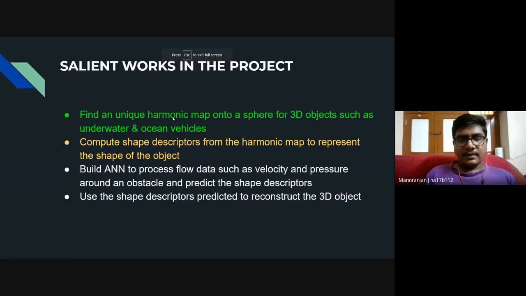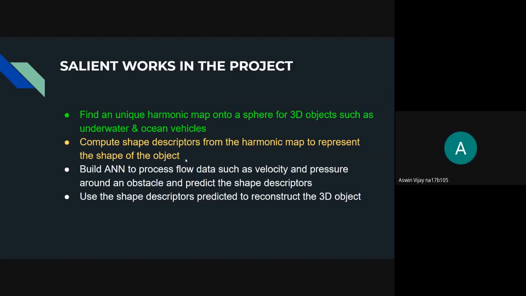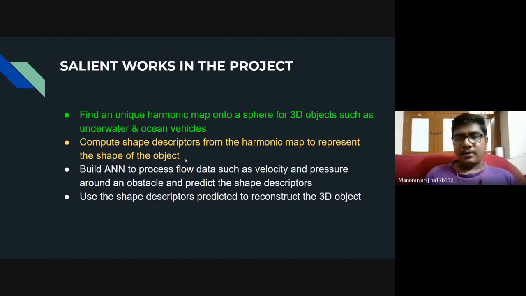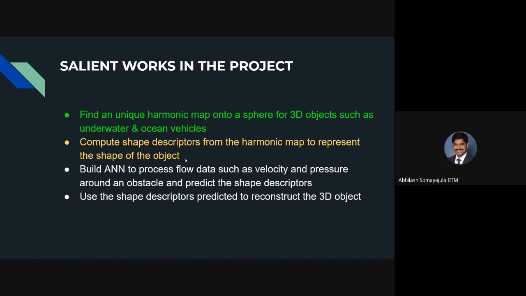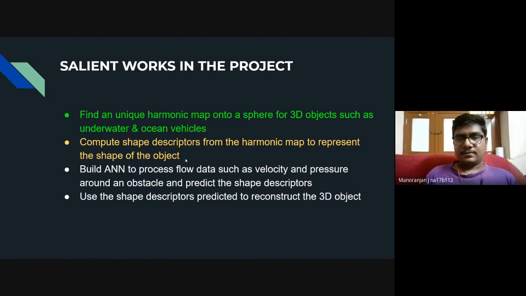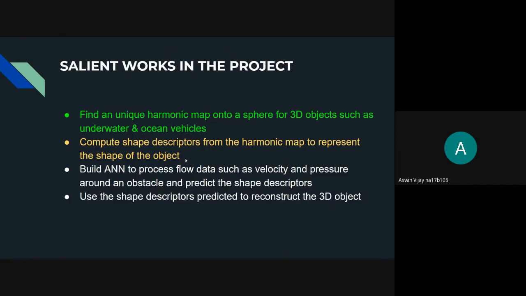So first we'll be calculating the mapping and the shape descriptors. So now we have a representation of the map. You already know what the object is. Yeah, we'll be doing it for several objects, especially in the training phase, where we will know what the object is. Okay, then what do you do? Yeah, go ahead, Manoranjan.